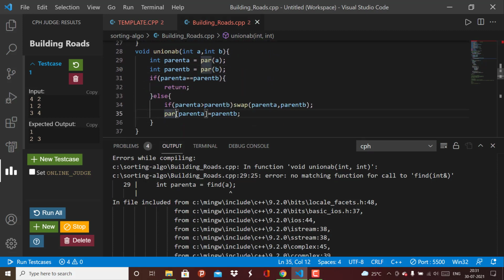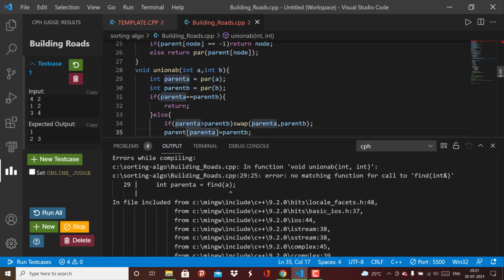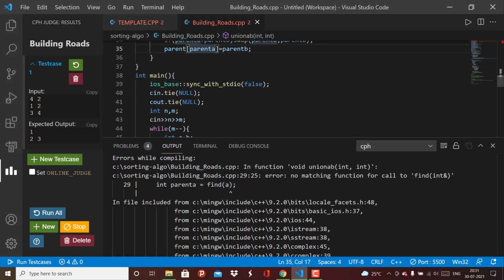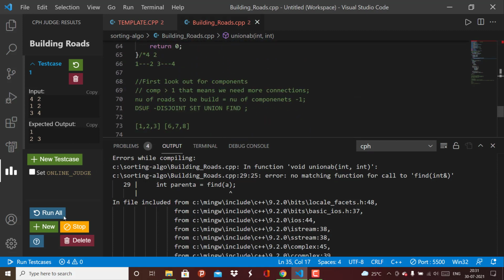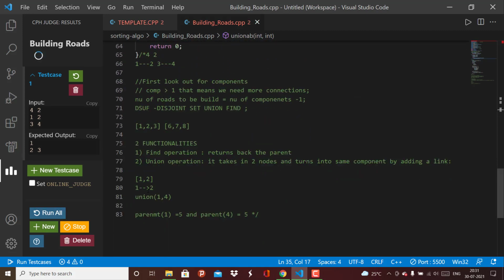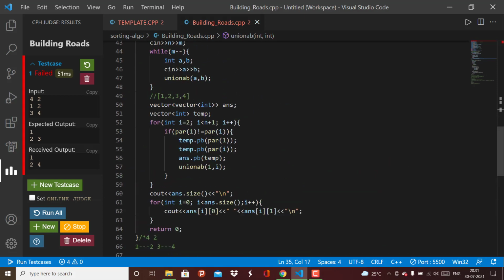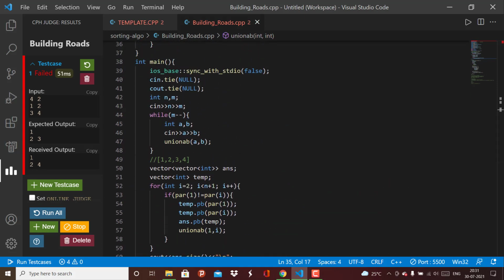And the value is parent. Function is not parent. Okay, now everything looks fine. Yeah, so the answer is actually right, because 2 comma 4 is also a valid answer. They are trying for 2 comma 3, but there can be multiple right answers here.